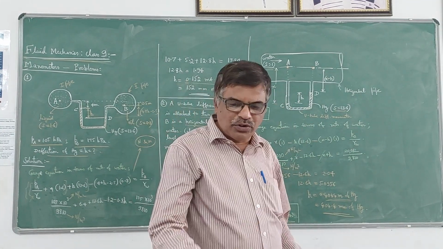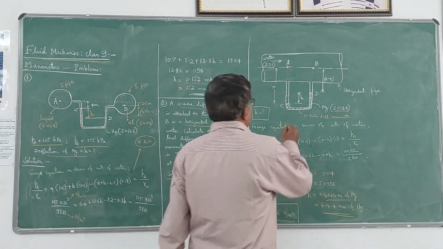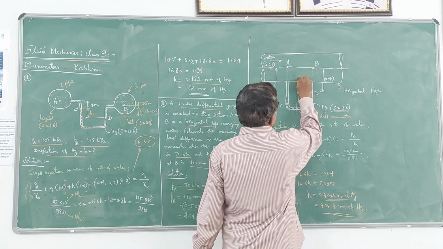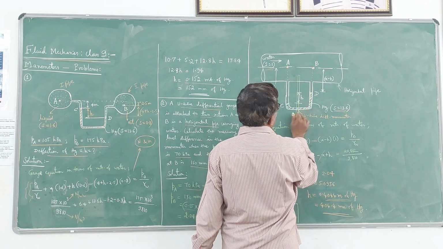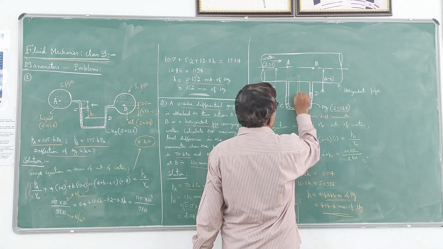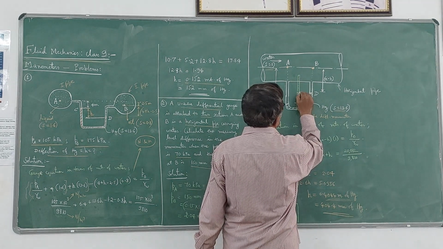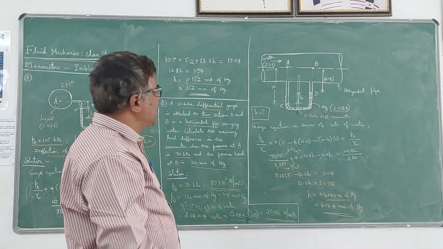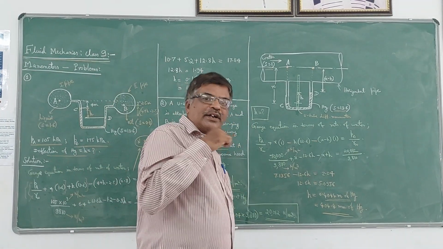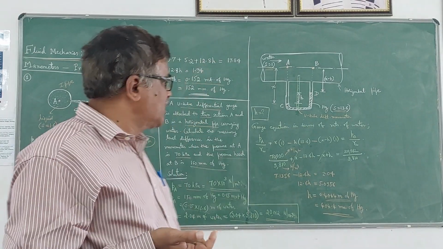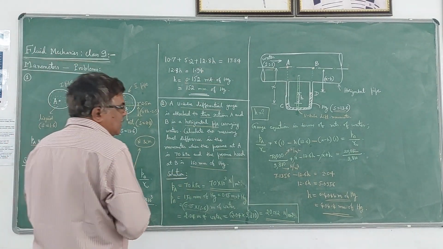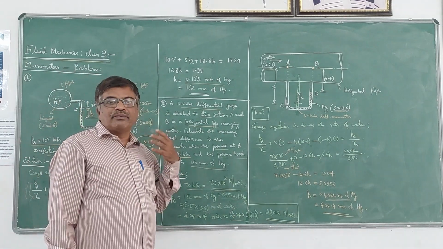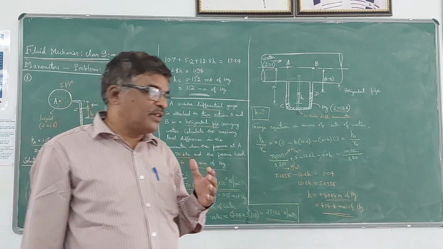In the laboratories, of course, scales will be provided to measure these mercury levels. So it will be something like this. The scales will be provided. So we are interested in finding this difference by reading the scale in centimeters or millimeters. Later on we can convert that into meters and do the problem. So this is how we can analyze the problems using differential manometers, wherein you may require the difference in pressure,